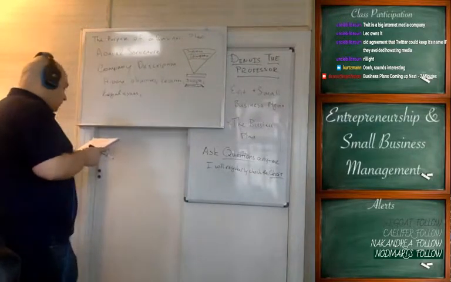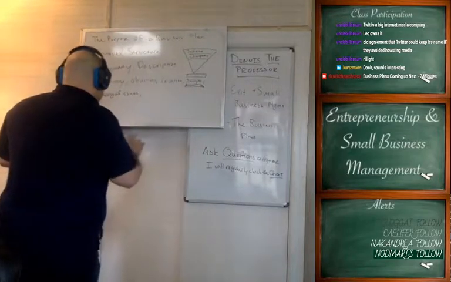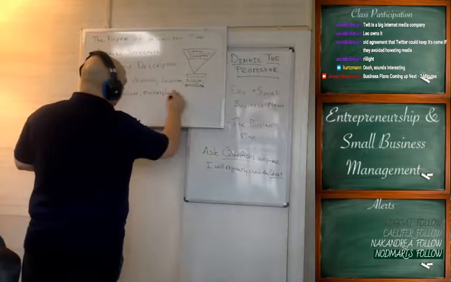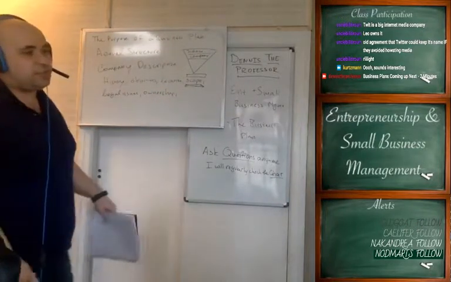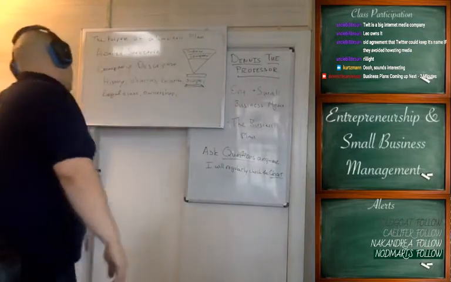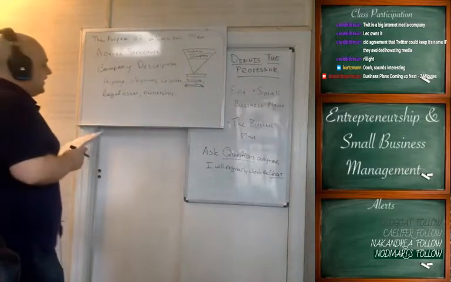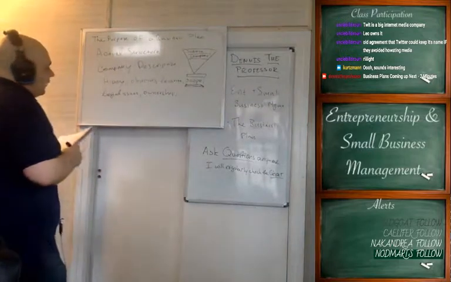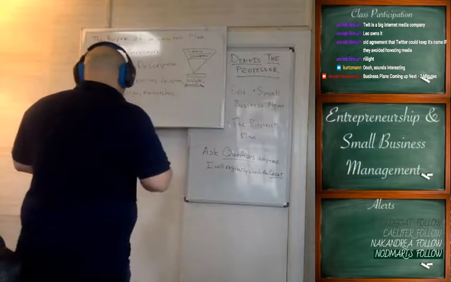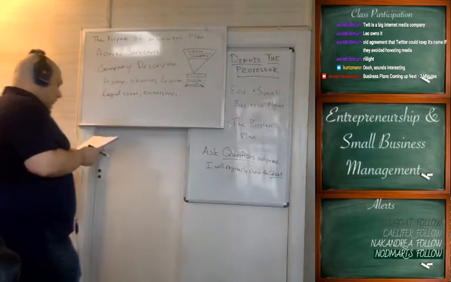So you're going to want to disclose any kind of issues that you're having with legal troubles or anything else. Next, you're going to want to talk about ownership. Who owns your company and how much, right? If you've given away 95% of your company to your uncle and your uncle gets to decide what happens, there's probably nothing for you to talk about with a business plan because your uncle could just change his mind, right? If you want to retain complete control, there's probably nothing for you to talk about with investors because they're going to want a piece of your company. So you're going to want to talk about ownership and where you plan to go with ownership, right? So where you plan to head.